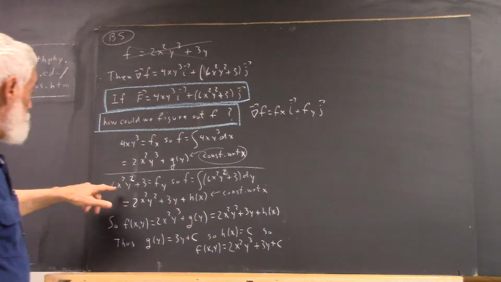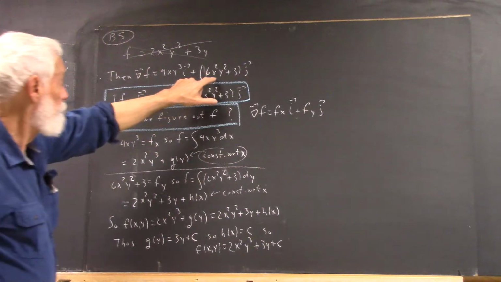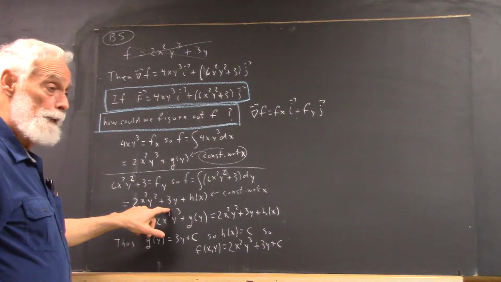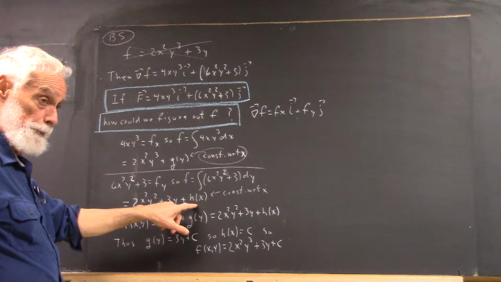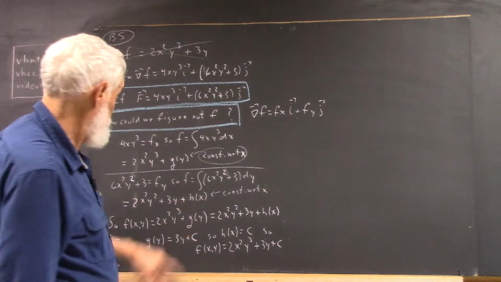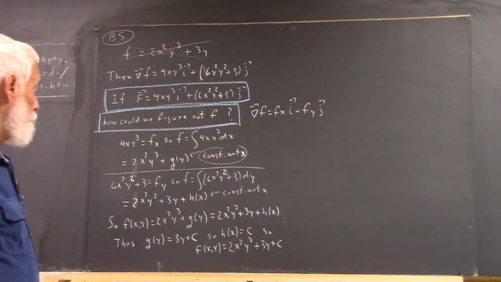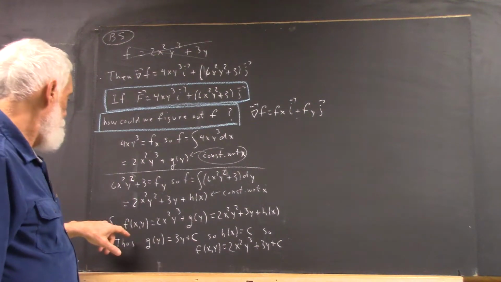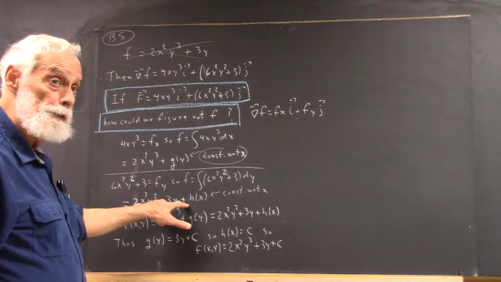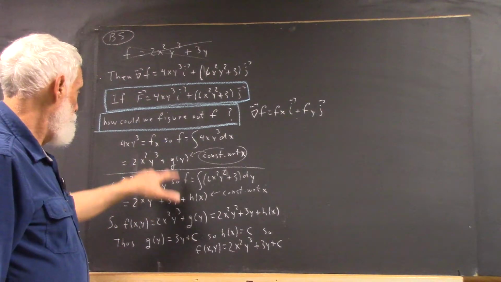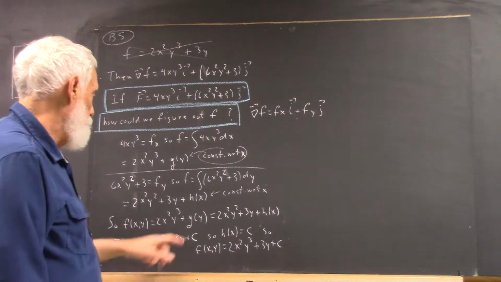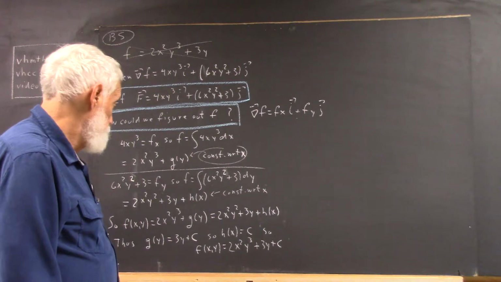Okay. And then we take our fy equal to this, and we find the antiderivative with respect to y, and we get this, plus our integration constant. Okay? And our integration constant with respect to y is any function of x. So that our f function is this, but it's also this, meaning that this has to equal this. So we set this equal to this, and we very quickly conclude that g of y is 3y, and h